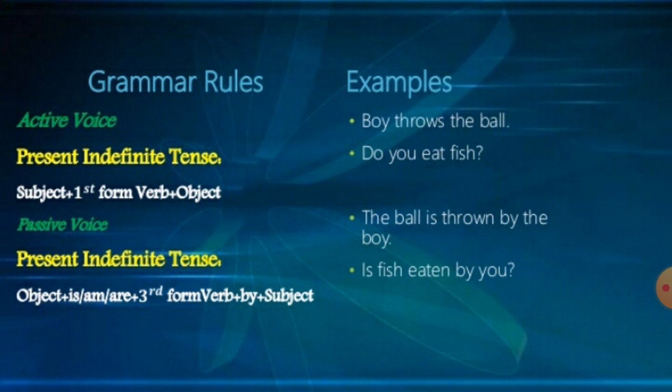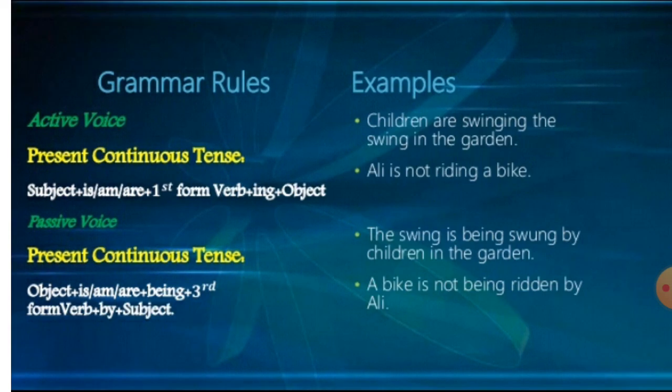Do you eat fish? Do is an auxiliary verb, simple present. You is the subject, fish is the object. The sentence is interrogative, that is a question. Now, when we change into passive form, fish is singular, so is fish eaten. The third form of the verb eat is eaten. Is fish eaten by you? Always remember the interrogative sentence has to remain in interrogative form only while changing active to passive voice.